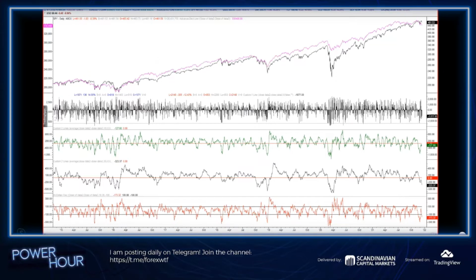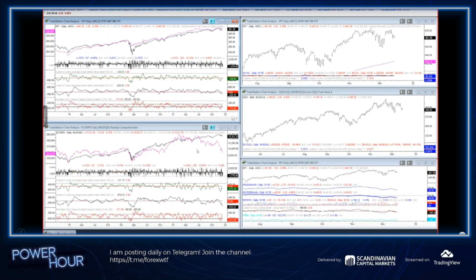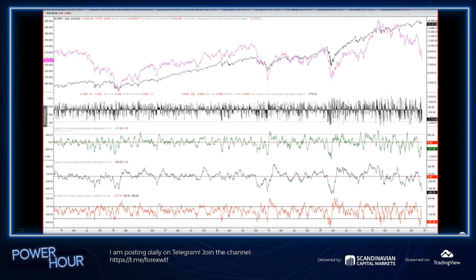And then on the bottom is the McClellan oscillator. So again, nothing too crazy here. The 30-day AD line for the NYSE, which I'm showing with the S&P here, is down to its lowest level since close to the lows back in 2020. And the 10-day just got down there too. But look at the Nasdaq AD line. Look where we are. We're in crash territory, like when the market has crashed.